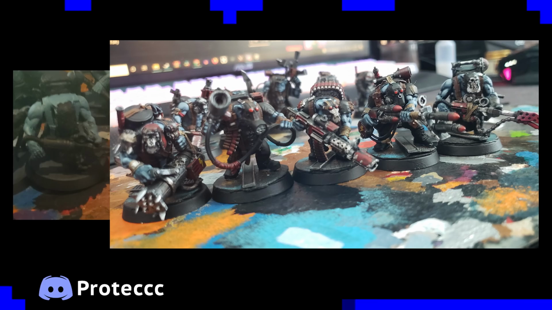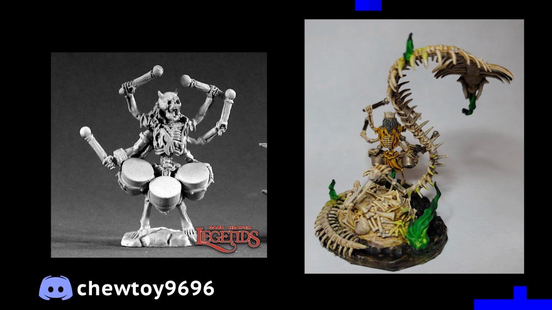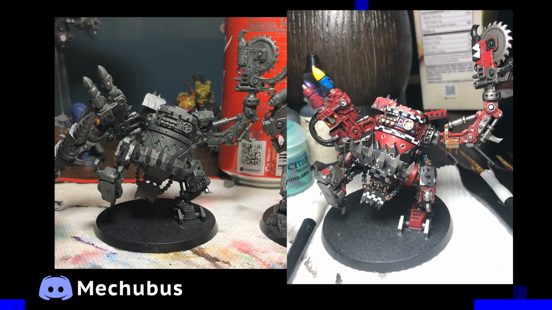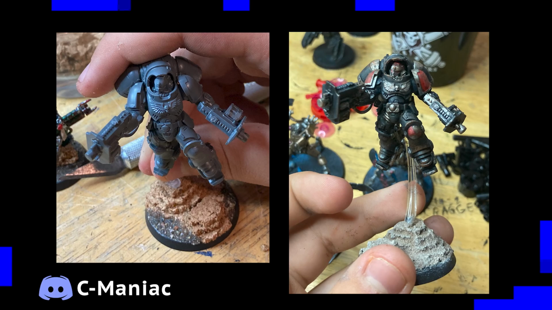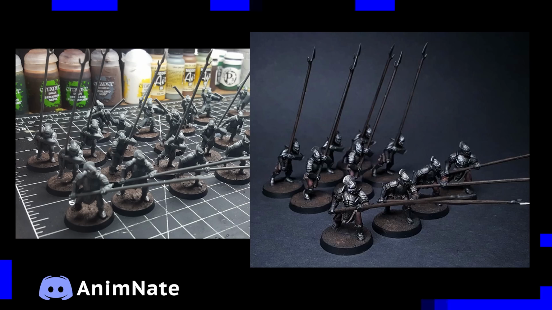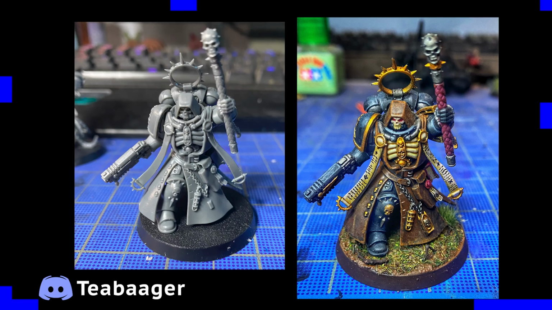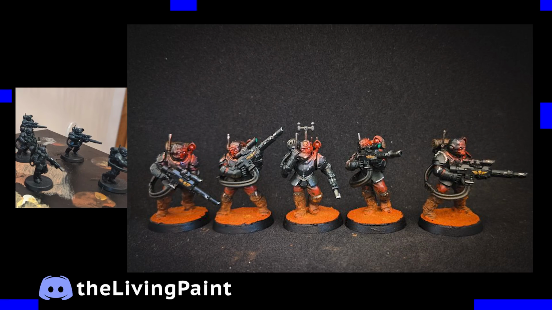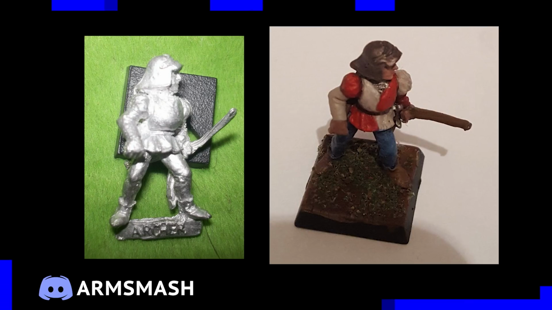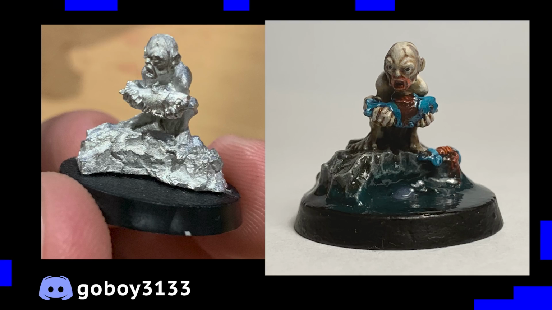Some Orc Commandos by Protech, a Plague Marine with Flail of Corruption by Disco, a Skeleboy Drummer by ChewToy9696, a Space Marine Reaver by Brood Lappin, an Orc Killican by Mechabus, a Stormcast Eternal by Visk, a Primaris Inceptor by Sea Maniac, a Grot by The Fluffy One, some Lord of the Rings Spearmen by Animnate, an Assault Intercessor by Lookaz, a Primaris Chaplain by Teabagger, some Tempestus Scions by The Living Paint, a Contemptor Achilles Dreadnought by Brother Captain Brutus, a Bretonnian Knight by Arm Smash, a Necron Royal Warden by Chegs.jpg, a Lord of the Rings Golem by